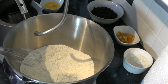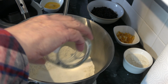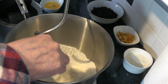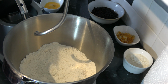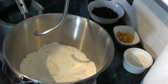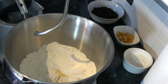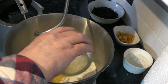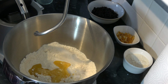Like that. And then I'll sprinkle the sugar over. Stir it again. And then the salt. And onto that I'm going to pour my beaten egg and the melted butter, and about half of the milk,